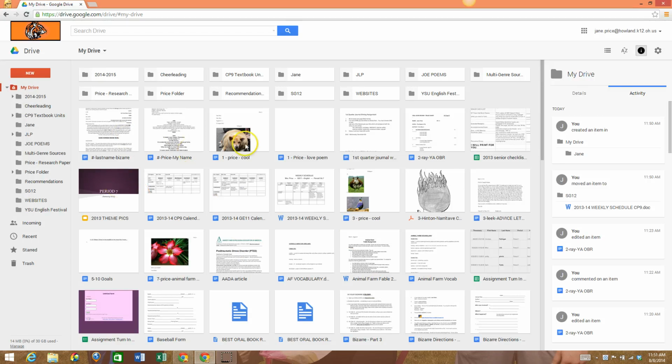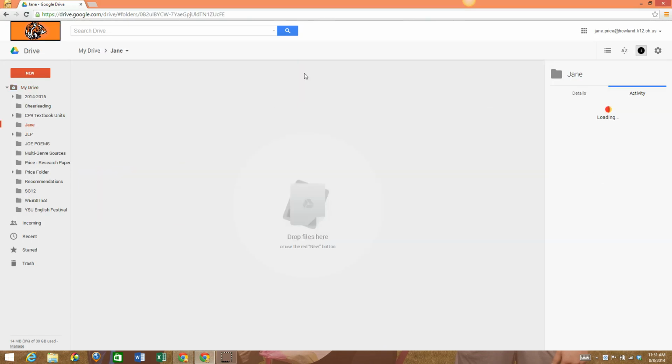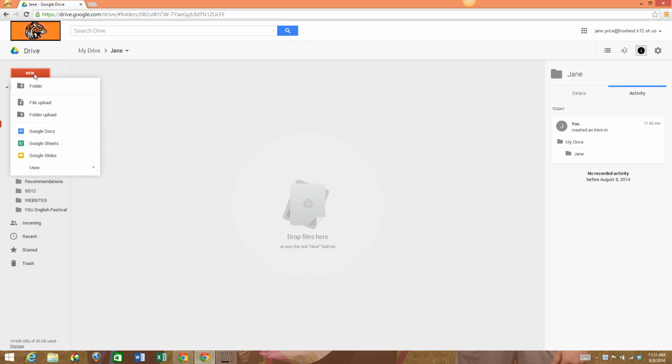Okay, so let's get in my new folder. We'll double click on it, and you'll see that there is absolutely nothing. It does say here you can drop files here or use the new button, and we are going to use the new button. When I click on new, I can come down, and I'm going to skip those first couple of options for the time being. And you can see here's Google Docs. I'm going to click on this,